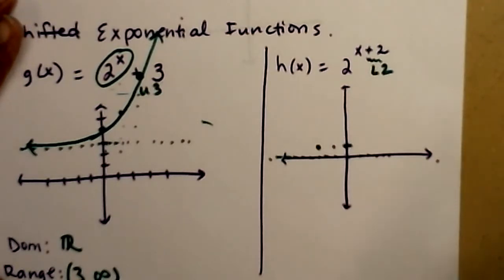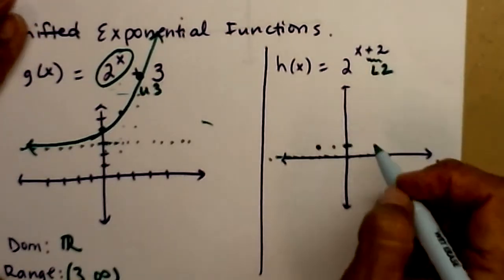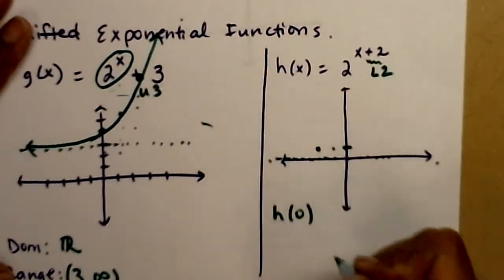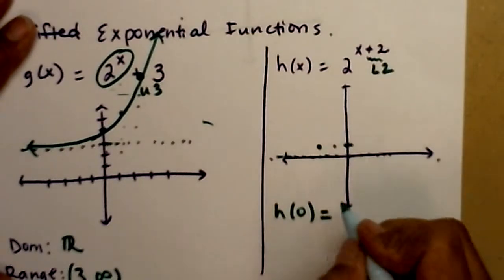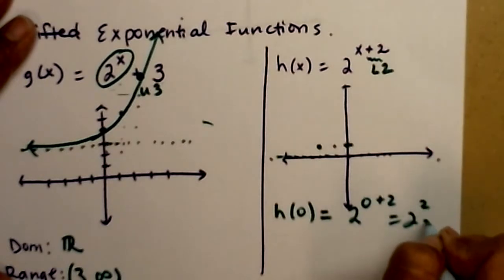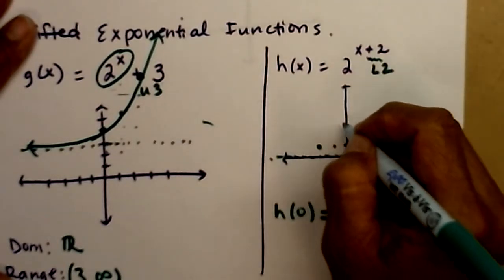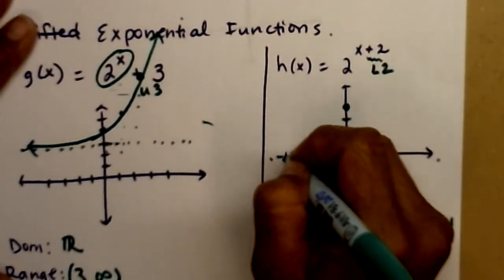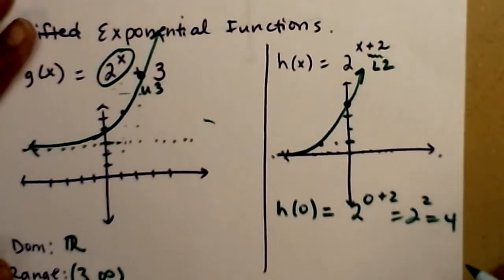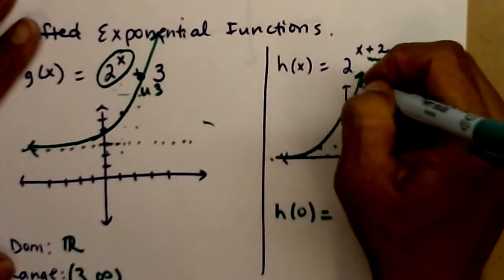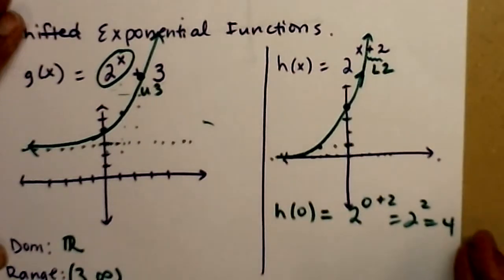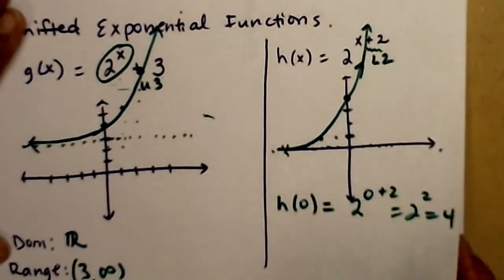And just to make sure, let's go ahead and find our new y-intercept. That'll be our second point. So how do we find a y-intercept? Yep, 0 in for x. So 0 in for the x means I have 2 to the 0 plus 2. 2 squared, 4. There's my y-intercept. And there's my graph. It's the original graph we had up top, but now it's shifted to the left 2 spaces. Okay, so just to generalize,